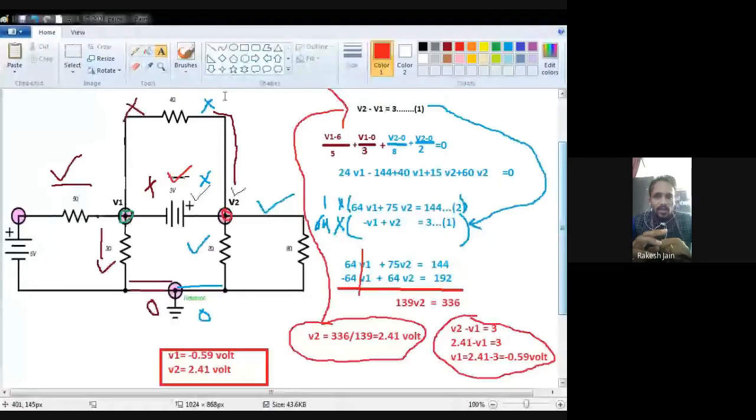So here the first branch is of 5 ohm, so V1 minus 6 divided by 5. The second branch is of 3 ohm, so V1 minus 0 divided by 3. The third branch is V2 minus 0 divided by 2, and the last branch is of 8 ohm, so V2 minus 0 divided by 8. So by considering these rules you can easily find out